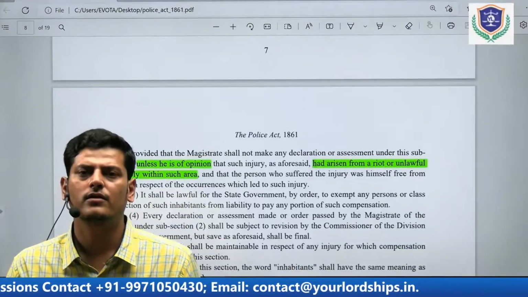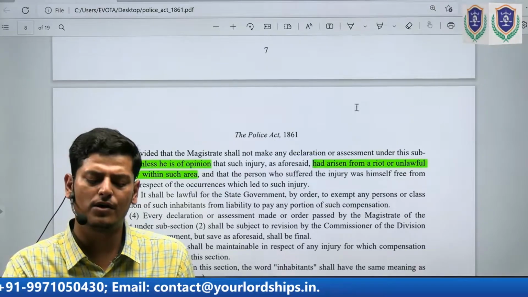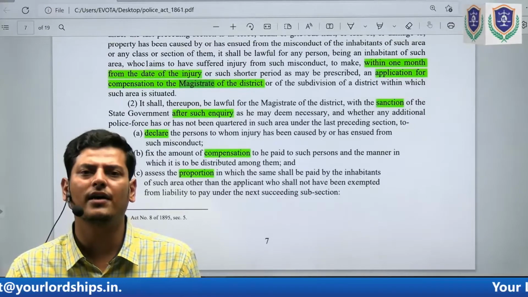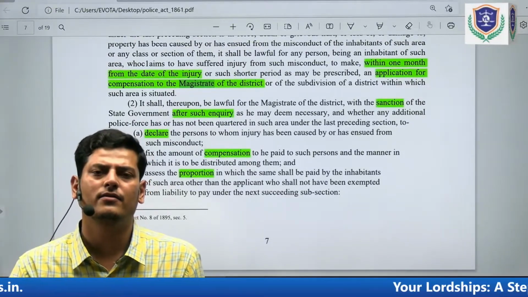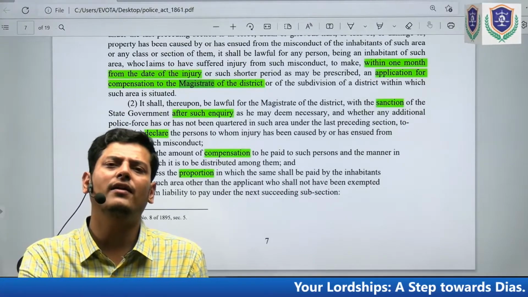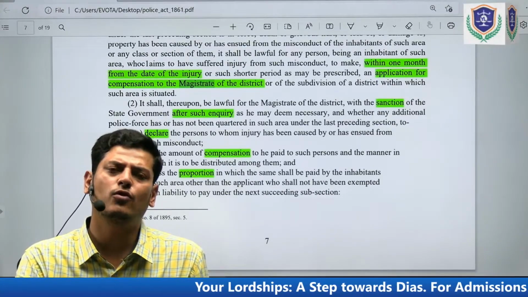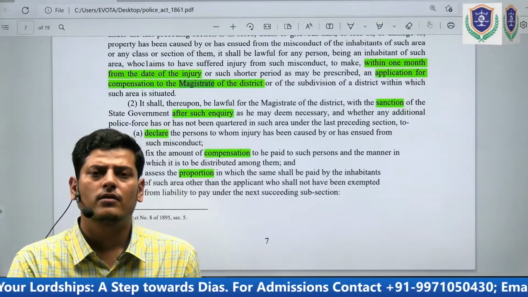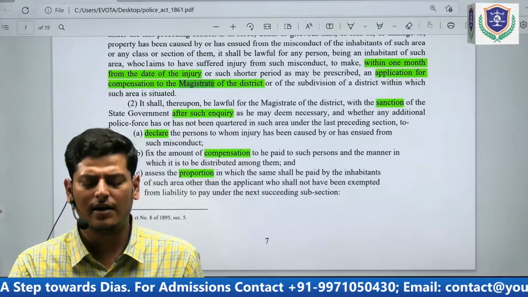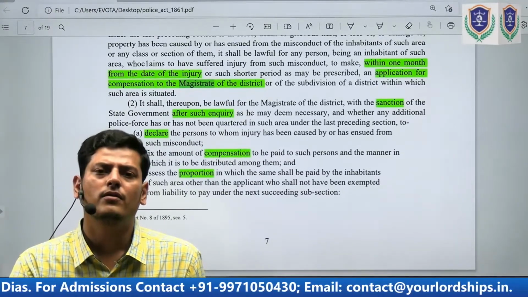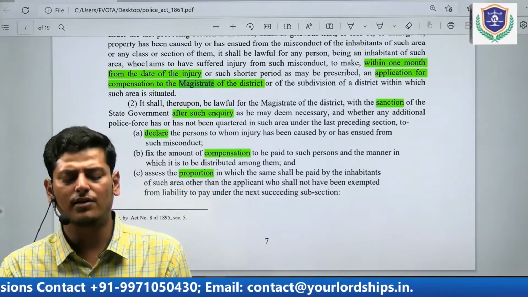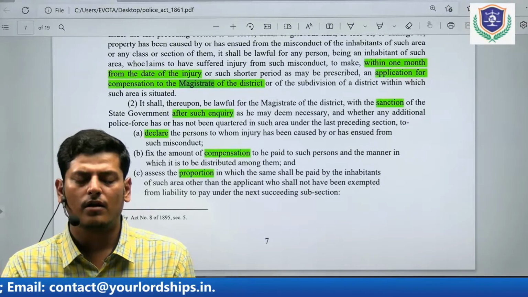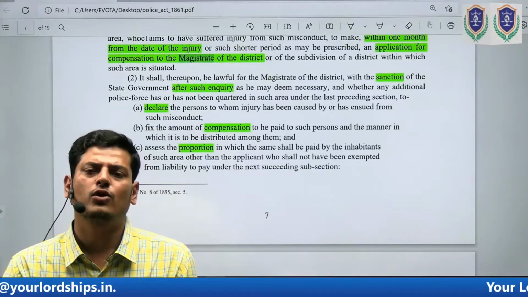कोई भी इंजरी जब मजिस्ट्रेट देखता है राइट और अनलॉफुल असेंबली से हुई है, और उस इंजरी के लिए मजिस्ट्रेट के पास एप्लीकेशन आई है 1 महीने के अंदर. यूपी में अगर 1 अप्रैल 1939 के पहले का मैटर है तो 4 मंथ का था लिमिटेशन, और इस लिमिटेशन के अंदर उसके पास एप्लीकेशन आ गई है, और इस केस में स्टेट गवर्नमेंट की सैंक्शन के साथ आफ्टर ड्यू इंक्वायरी जो मजिस्ट्रेट है वो डिक्लेरेशन पास कर सकता है